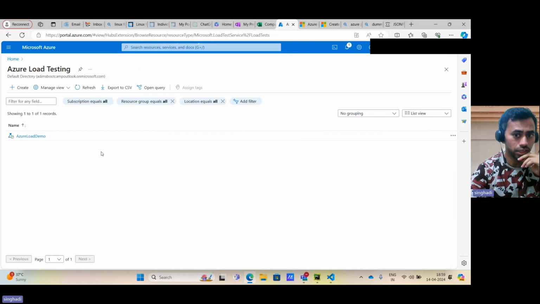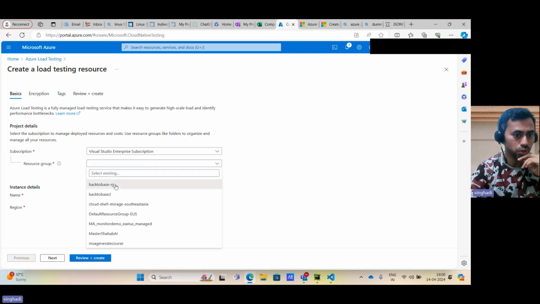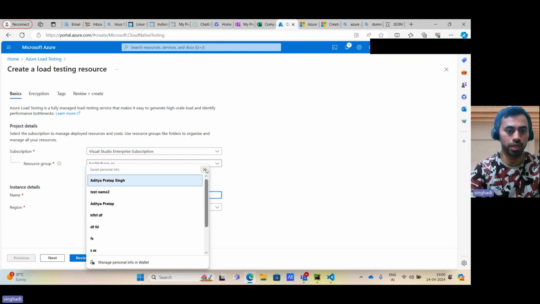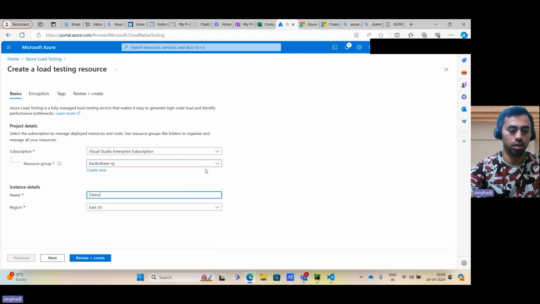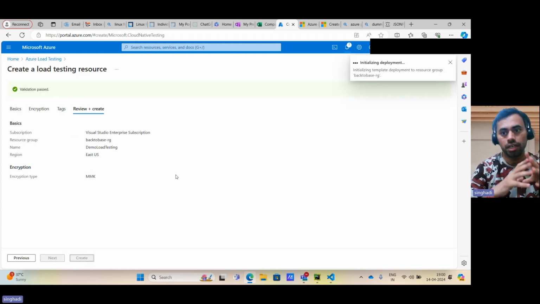Let me create a new resource. So select a resource group. I selected the Azure resource group. Now just give some name, demo load testing. Create, it is validating it, and just create it. As you can see, it is creating the resource in the Azure portal,